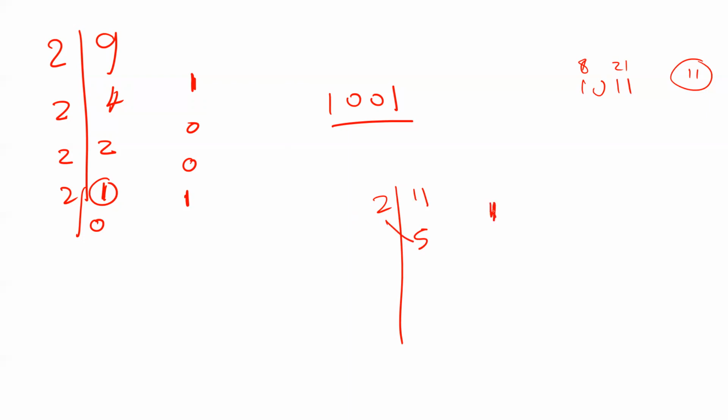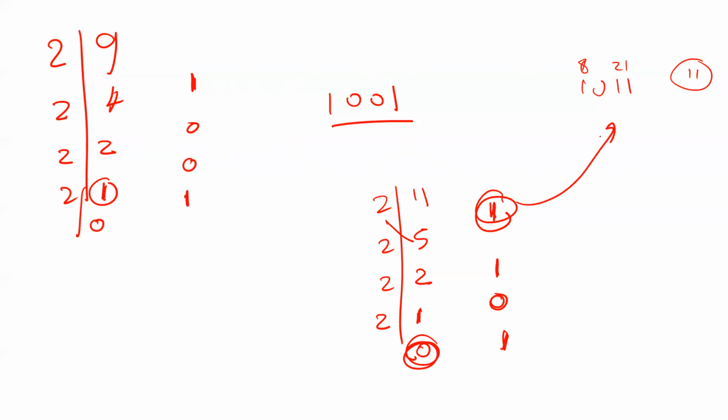The remainder is here. And then you divide 5 by 2, the result is 2, and still 1 is remaining here. Is that okay? And then 2 divided by 2 is 1, and nothing is remaining. And then 1 divided by 2, the result is 0, and 1 is remaining. Okay, guys? What you get first here is the least significant bit. So that should be 1, 1, 0. Okay? Anyway, I think that's very easy.